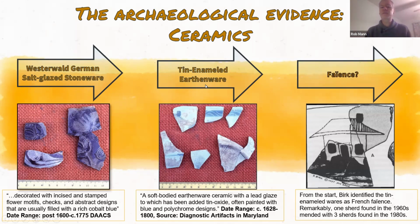Then there are the tin-enameled or tin-glazed earthenware that was recovered at the site. And we can define it as a soft-bodied earthenware ceramic with a lead glaze to which has been added tin oxide and then is often painted with blue and polychrome designs. Now, they have an early start date as well, about 1628, but they have a pretty good terminal date of